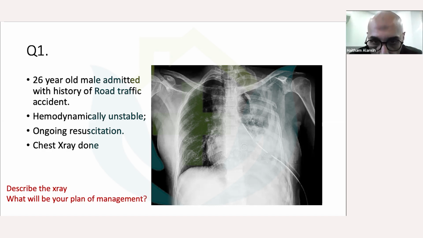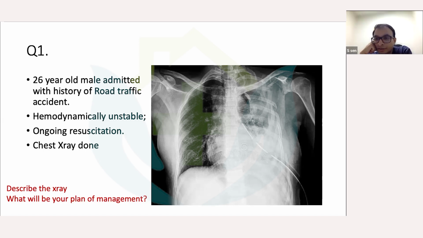I can see pneumomediastinum. What is my plan? I can also see a chest tube, if I'm not wrong, a left chest tube. This patient needs urgent operation. So my plan of management will start with ABC resuscitation, prepare for massive blood transfusion, and this patient will need immediate surgery.